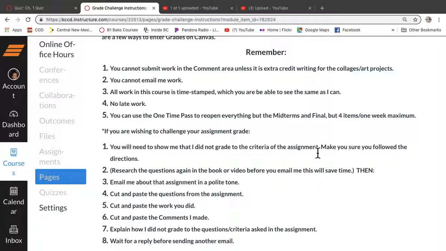So if the assignment says examine an Egyptian pyramid, for example, and you put in something that is not Egyptian and is not a pyramid, then you're not going to get credit for it.